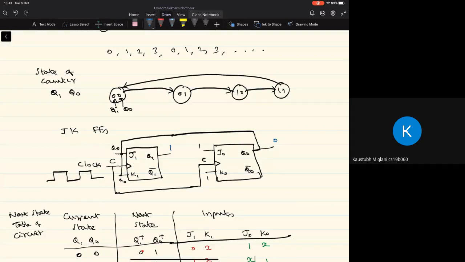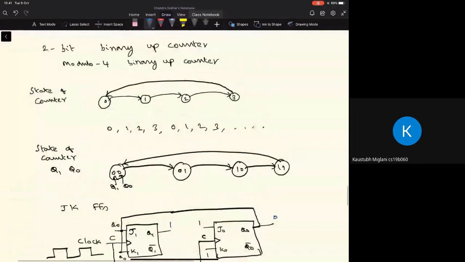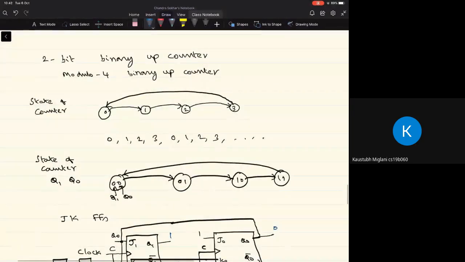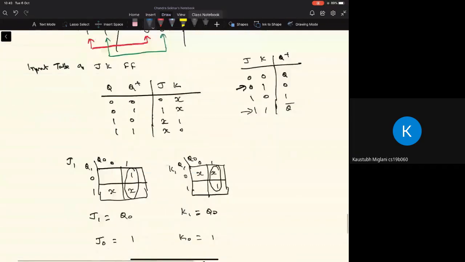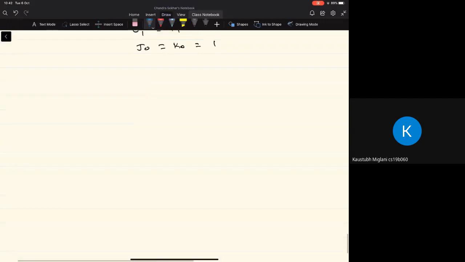So this is what is called the design of the 2-bit binary up counter, also called the modulo 4 binary up counter. And we normally don't put this word binary, because typically we'll be dealing with bit sequences. So it will be simply called the 2-bit up counter or the modulo 4 up counter. Okay. If you understood this process, now I want you to go through the process of designing another circuit.